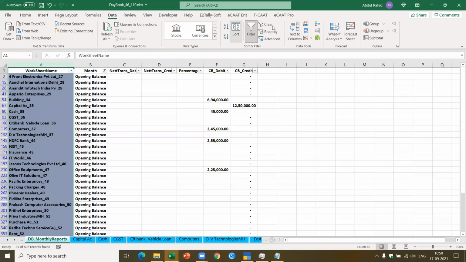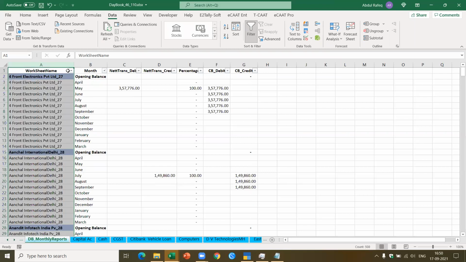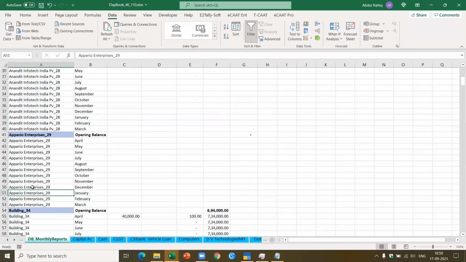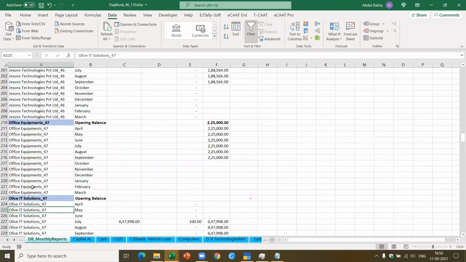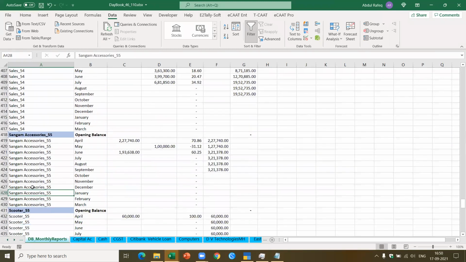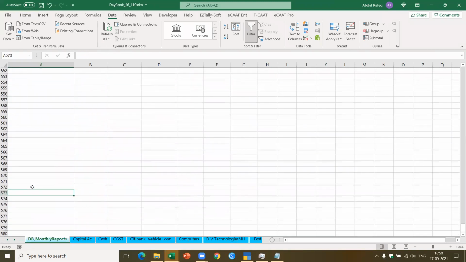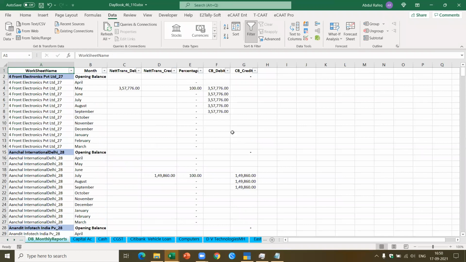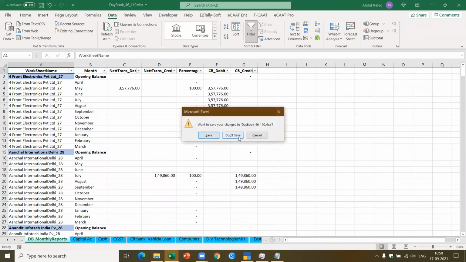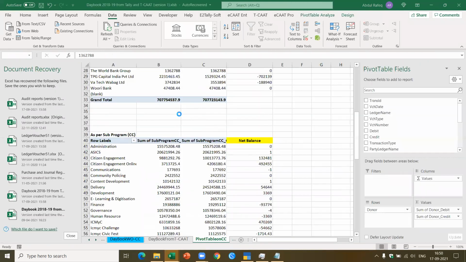Similarly, I want to pick up some transactions pertaining to a specific ledger. I can go to a specific ledger and see the detailed transactions of that particular ledger. Okay, what are the transactions on a monthly basis? Now, there's one more interesting feature pertaining to this, which I'll show you a little later. Okay, this is what I said. This is a new feature we added.